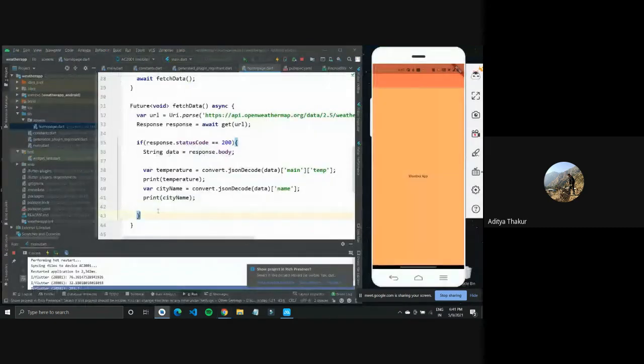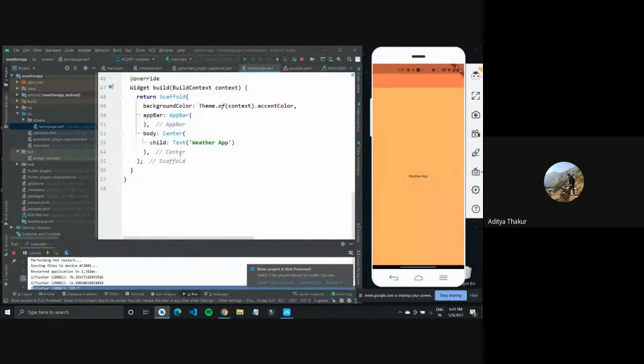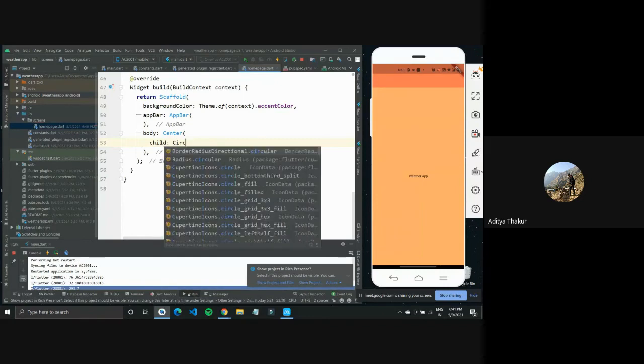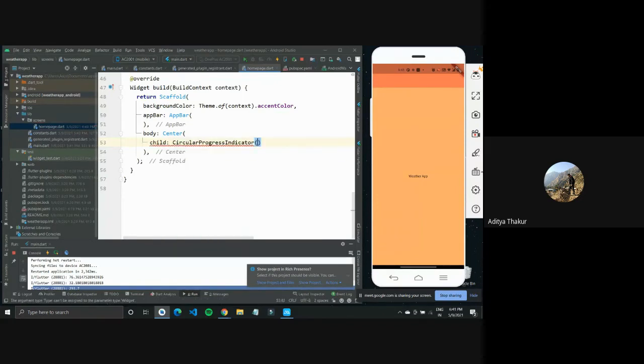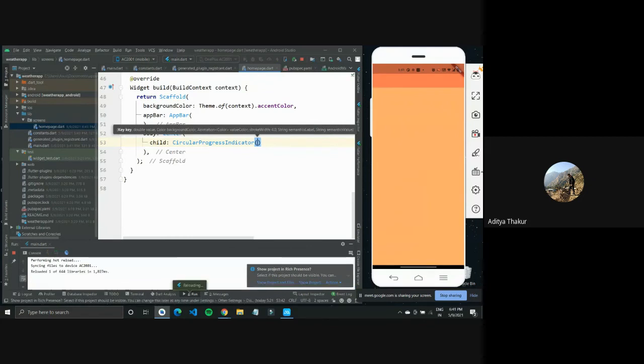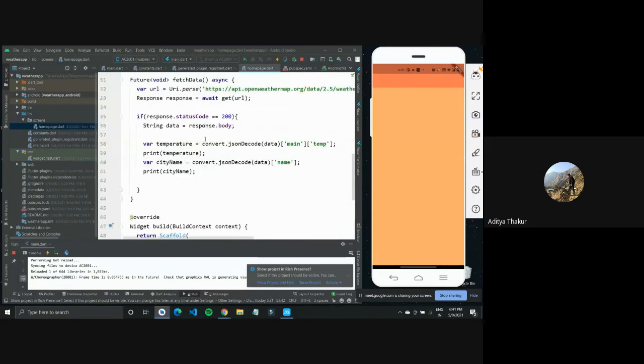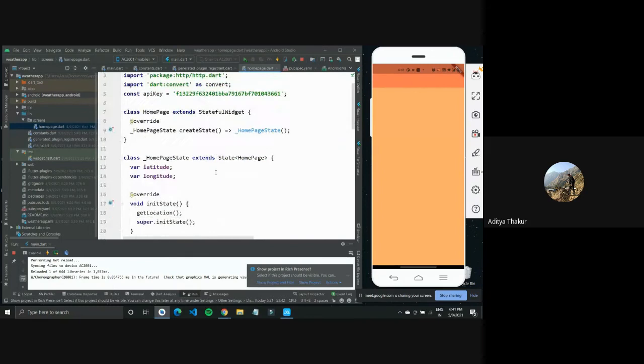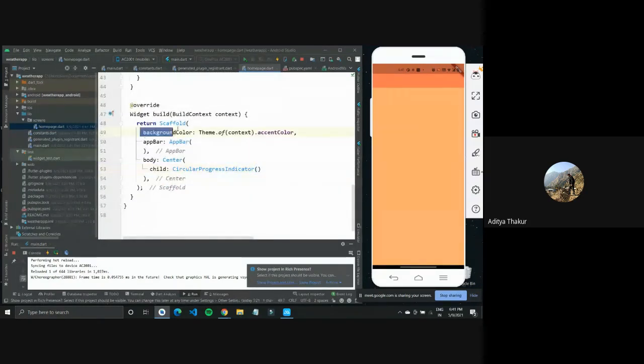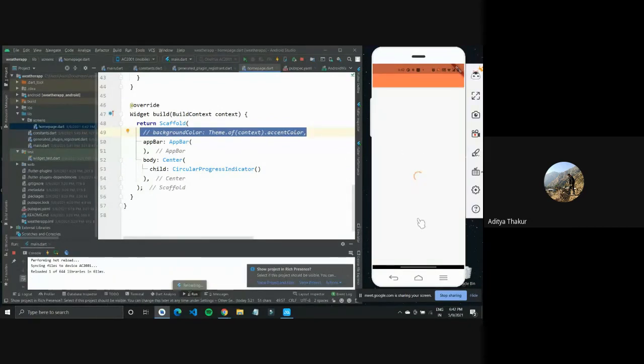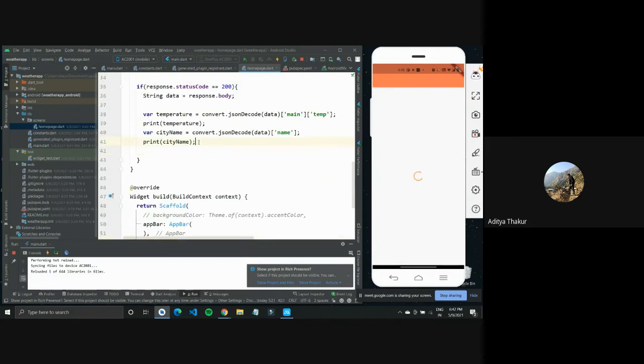So I'll come back to my app. Instead of showing this text in the center, I'll use the default that we have in every Flutter application, which is the circular progress indicator. This is a circular indicator in the center of your screen. It is not visible right now because my background color is the same as the accent color. I can get rid of the background color, so it will be visible in the accent color. So accent color is the color that we have on all these things, like on the circular progress indicator and on the increment button, but this is how it shows up.